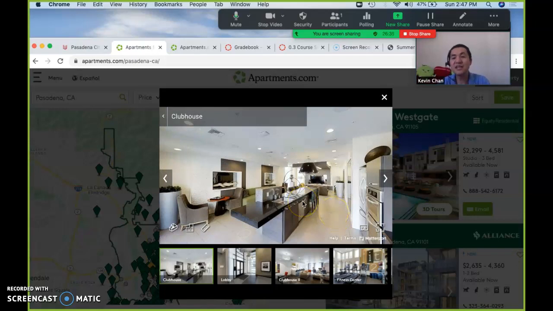As you can see, you can now look inside the apartment as if you are already there.